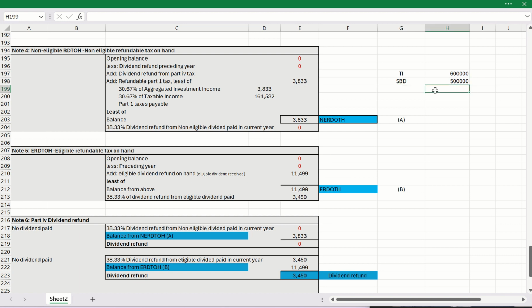Well, this $100,000 is above the limit, above SBD. Okay,